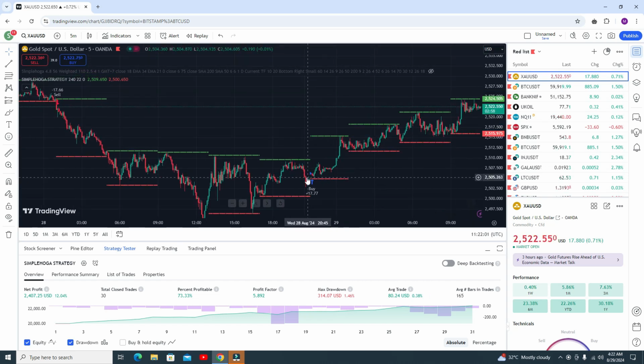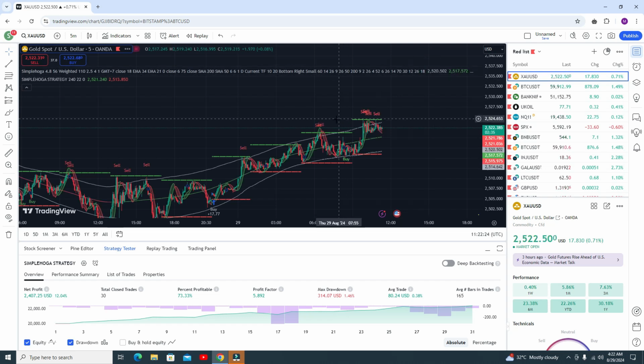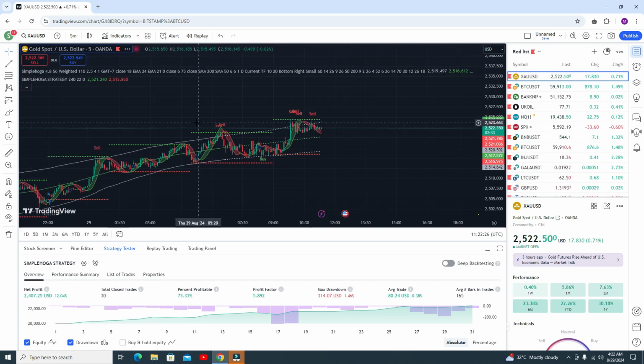You can see the first take profit, this is your second take profit, this is your third take profit, this is your fourth take profit. Okay, now you can see it's a very simple strategy, not a difficult one. Every trade will be successful if you follow my rules. How will every trade be successful? For this you need to add a second indicator. The second indicator will look like this one.